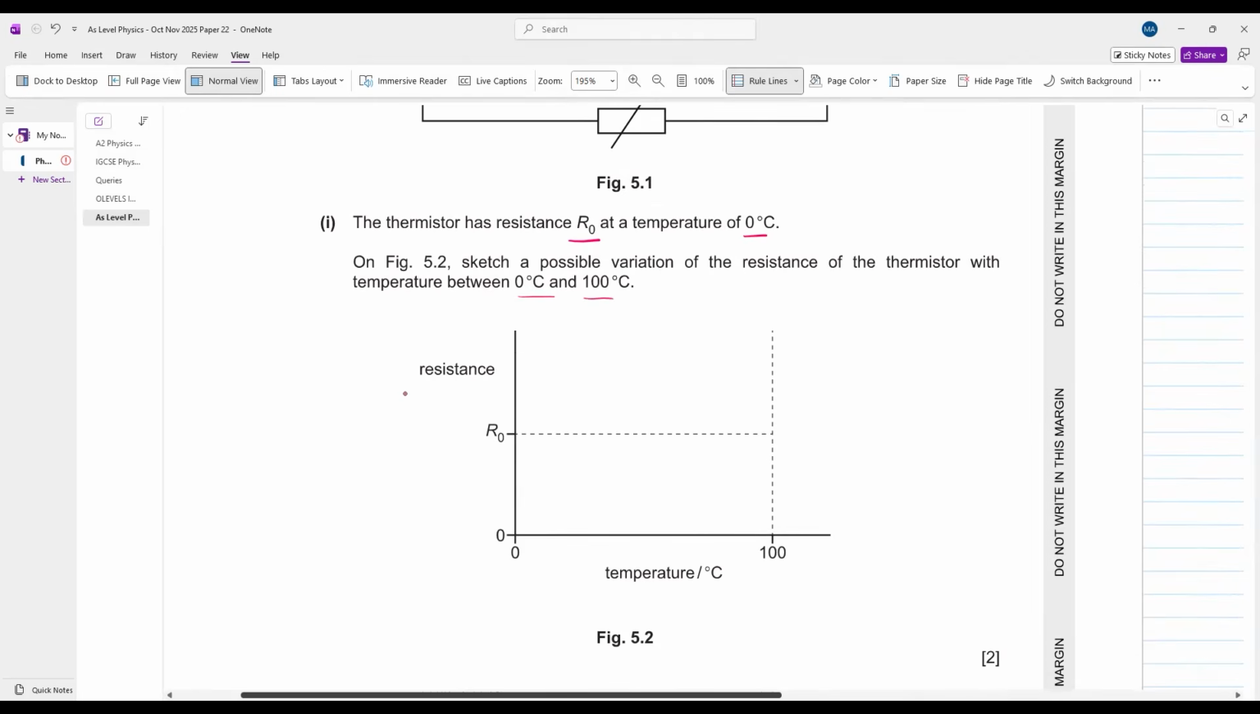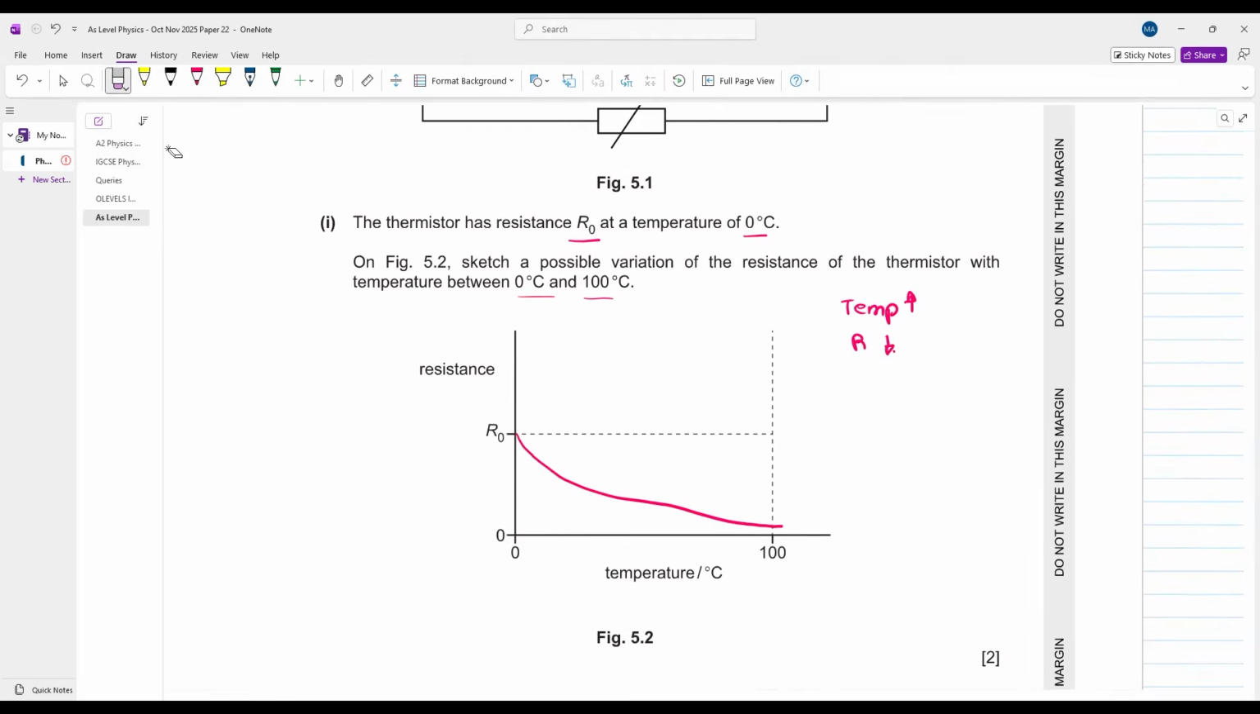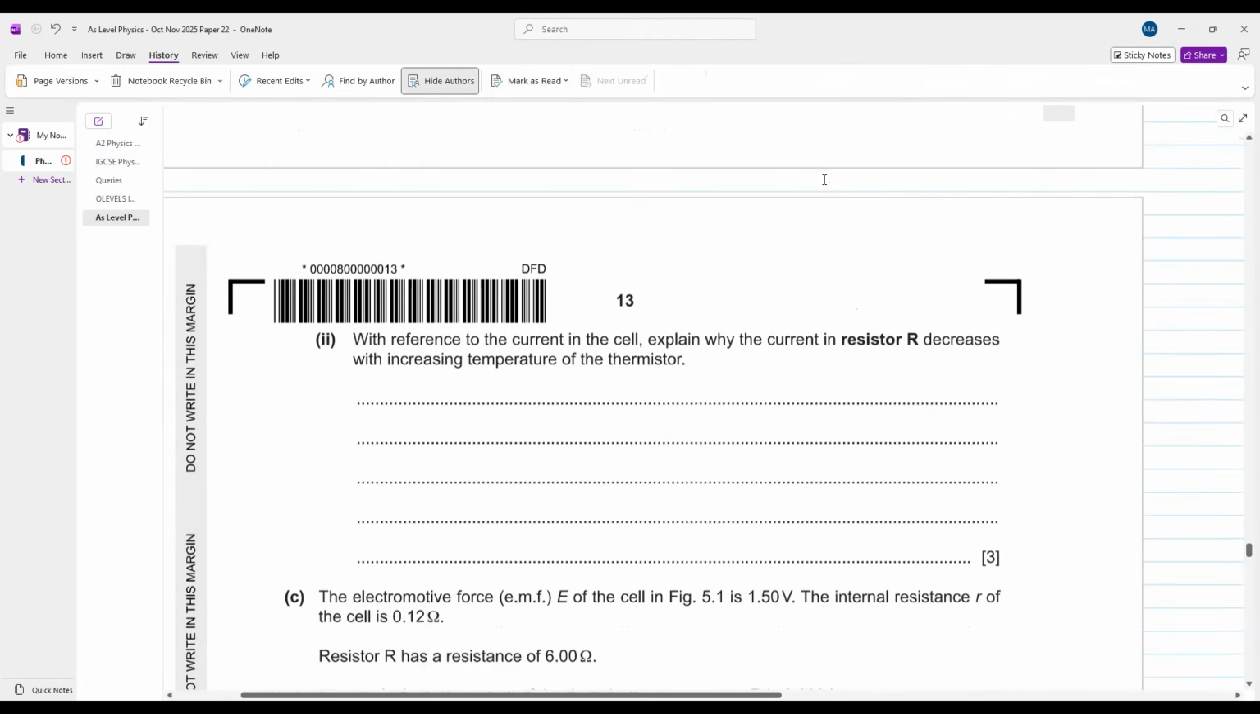On figure 5.2, sketch a possible variation of the resistance of the thermistor with the temperature between 0 to 100 degree centigrade। Always remember, थर्मिस्टर का टेम्परेचर अगर इंक्रीज करेगा, इट्स रेजिस्टेंस विल डिक्रीज। यू विल हैव अ ग्राफ लाइक दिस। ऑलवेज रिमेंबर, थर्मिस्टर का टेम्परेचर इंक्रीज करेगा, रेजिस्टेंस डिक्रीज करेगी, लाइक दिस। परफेक्ट। आगे बढ़ते हैं बेटा।